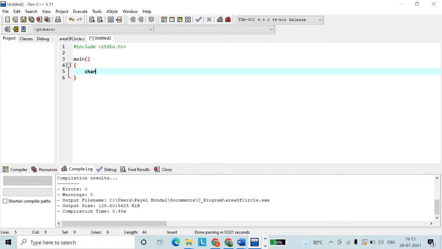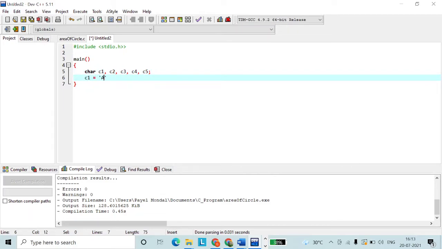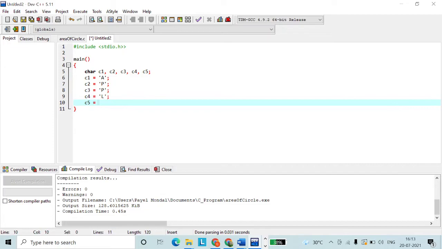We have characters c1, c2, c3, c4, c5, and we are assigning values this way. c1 equals A, c2 equals P, c3 equals P, c4 equals L, c5 equals E.